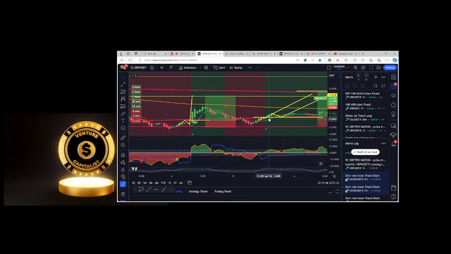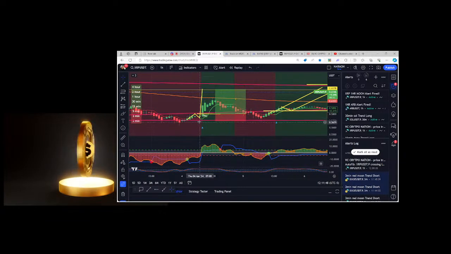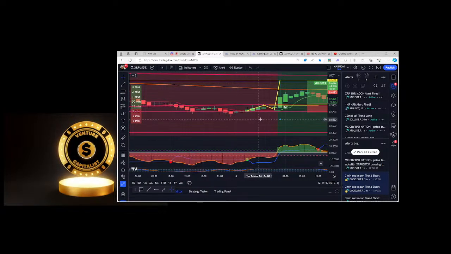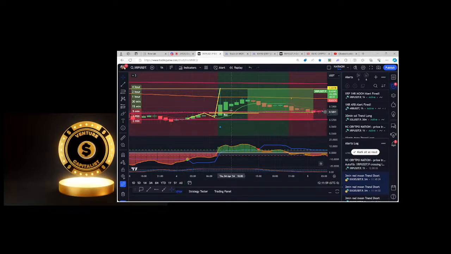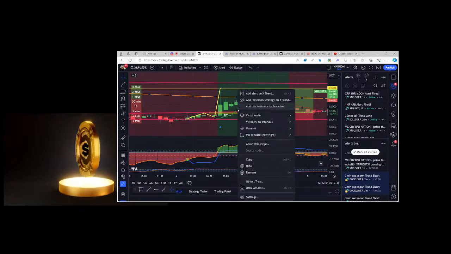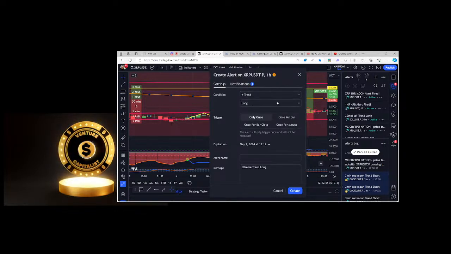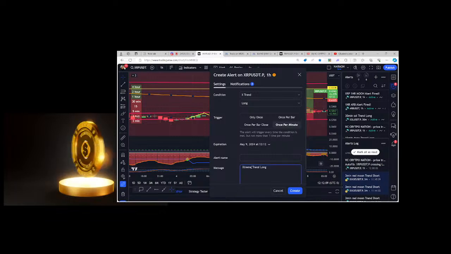Now, I'm going to set an alert also on the trend because that's the trend I'm entering. So on the 1 hour, I'm going to set up the alert on the moon, and then set it up on the 1 hour trend. All you do for the trend is go down and find the little line, and when you right click the line, let the little finger go on it, it says add alert on the trend. Now I'm going to go long. I want it once per minute, and in front of this I simply type in 1 hour,